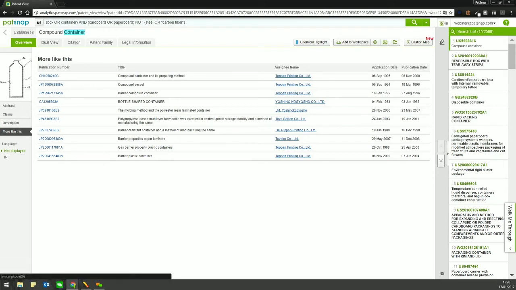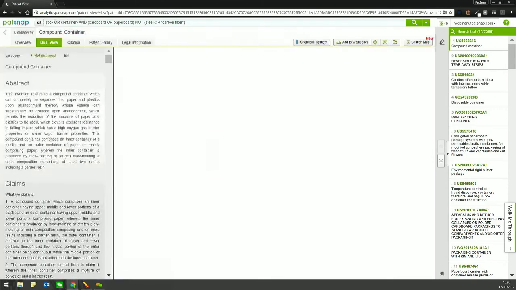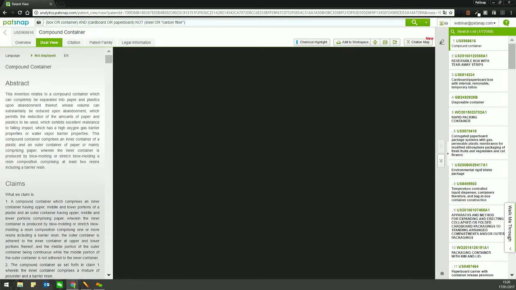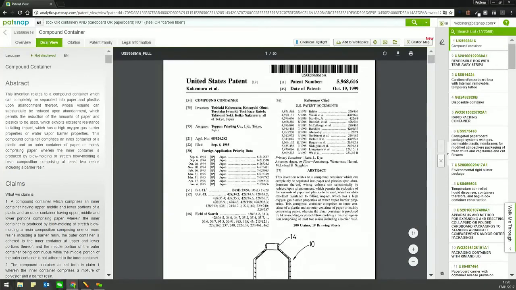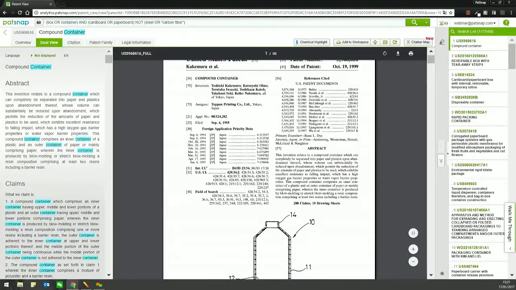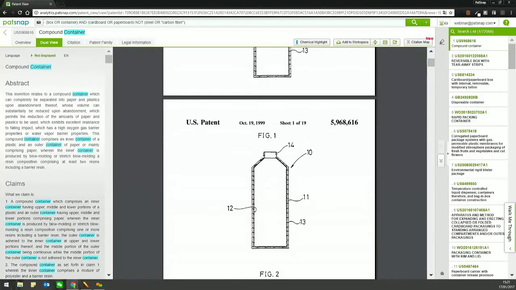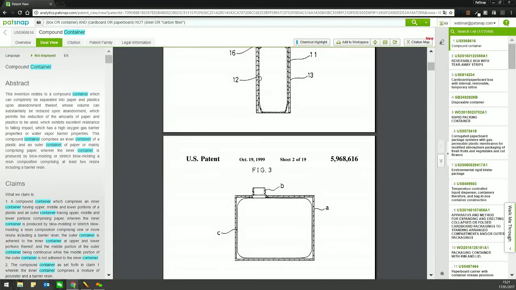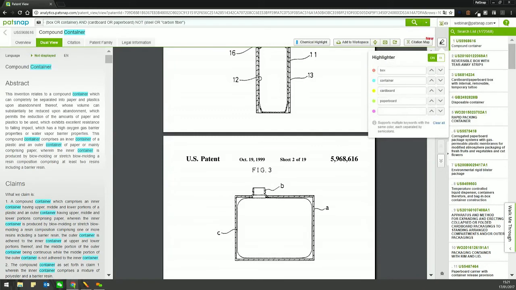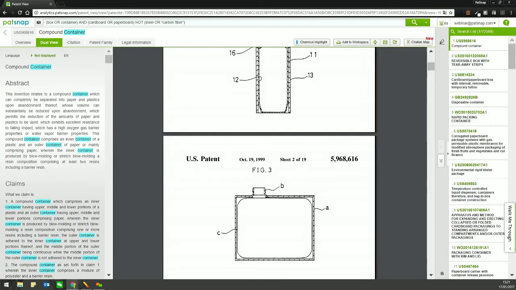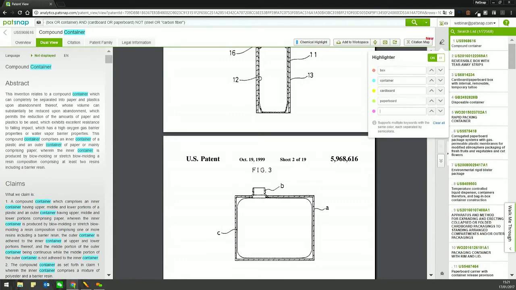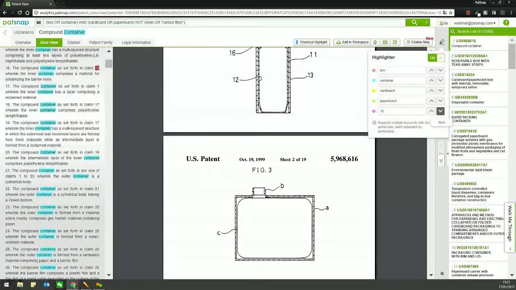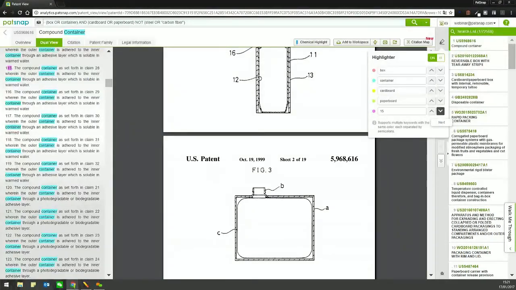Now, if we move across, we can have a look at the dual view. The dual view is essentially an area where we can see both the patent PDF and the full text at the same time. So this is obviously very useful when we want to understand, for example, let's say in this particular case, I'm curious as to where number 15 was mentioned. So if I click on to our highlighting tool, and I'm going to put 15 in purple,